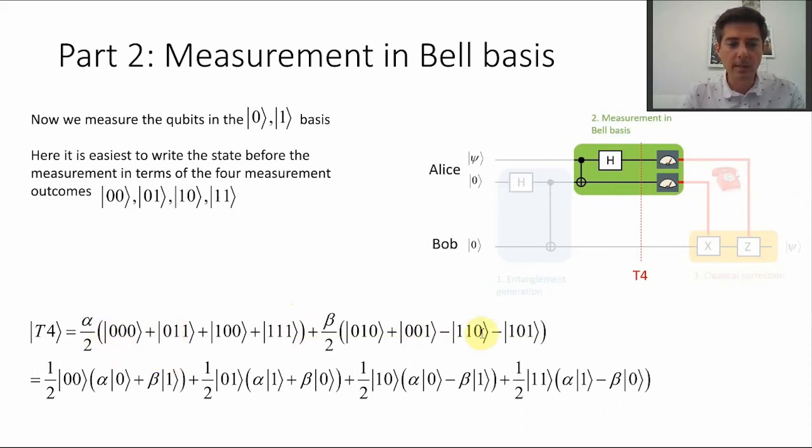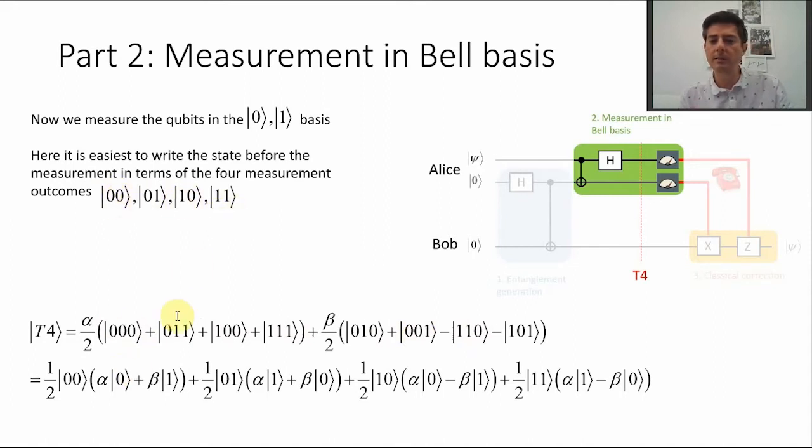This is the state that we had just prior to the measurement. What we can do is collect all the terms with the 0, 0. For example, this term here has 0, 0 as the first 2 qubits, and there's another term over here which also has 0, 0 as the first 2 qubits. Now, because the measurement on the first 2 qubits will collapse the state to one of the 4 cases of 0, 0, 0, 1, 1, 0, 1, 1,